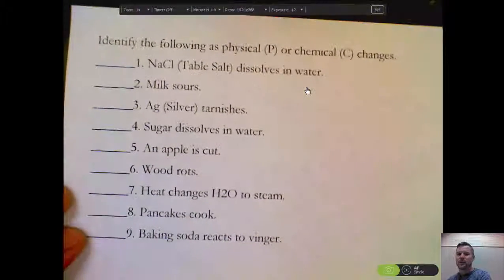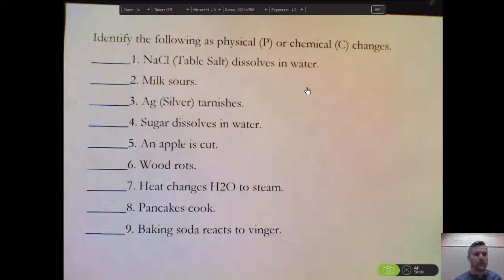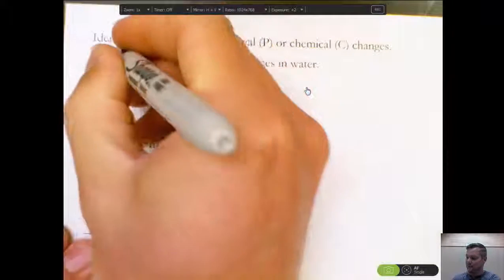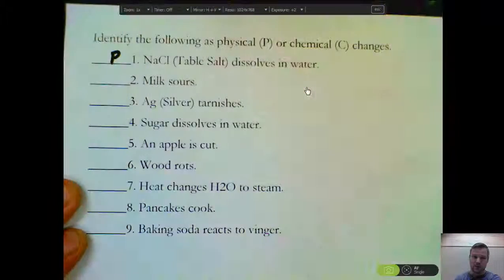You're going to be asked to do worksheets that ask you, is this a physical or chemical change? And we have those tests. Did something new form? Is it the same formula? Is it easy to undo this? So if I take sodium chloride and dissolve it in water, I'm not making anything new. I'm just making those sodium chloride crystals get smaller. This would be a physical change. I could easily undo that by evaporating the water.